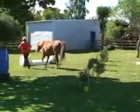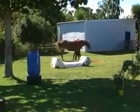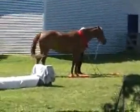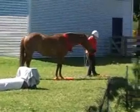Next obstacle is to jump over the snowdrift, and we lost 1 mark there because Boots just stretched herself over it at the trot rather than actually jumping over it. And we're already at the next obstacle, where she had to put her front feet into a hula hoop and